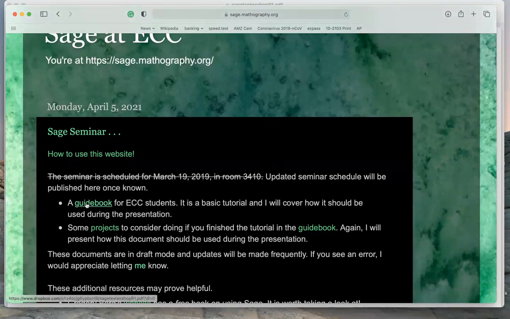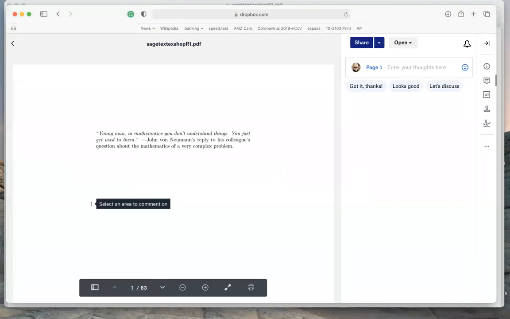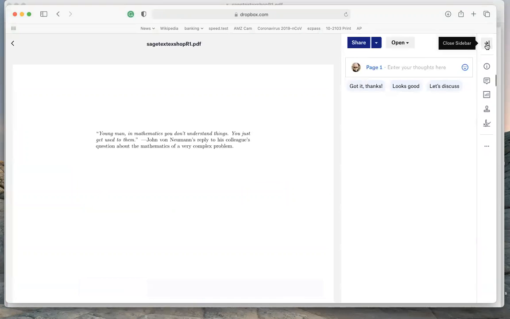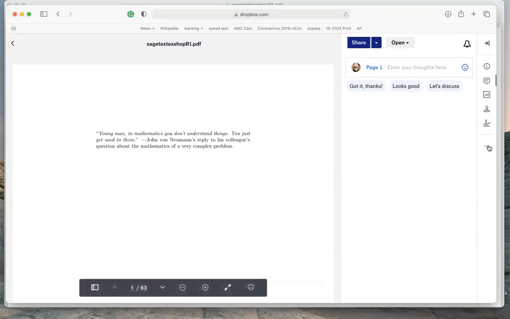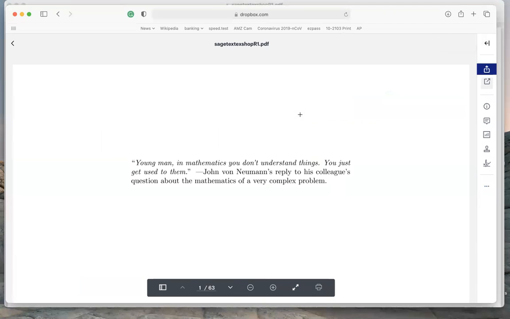There's a guidebook here. If you click on this over here, you're going to get to the guidebook. Now I'm going to close the sidebar over here so I can expand and contract it. Over here, you can click this link and download the document if you want it on your computer. Okay. When you scroll through the document,